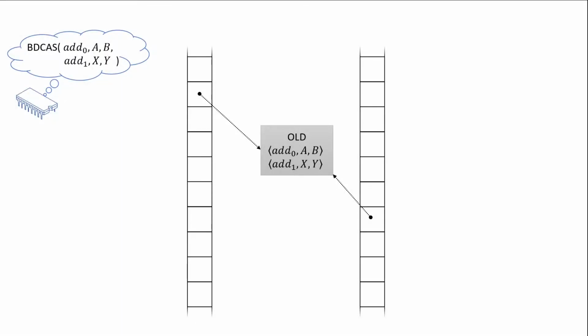We have just seen that adding descriptor pointers may require that we help other processes finish their BDCAS operations. Moreover, we may have to restart our own BDCAS operation if one of our CAS operations fails. First, observe that we always first try to attach the descriptor to the left side, and only if that is successful, we try to attach it to the right side. So if we ever successfully attach it to the right side, then it is attached on both sides.